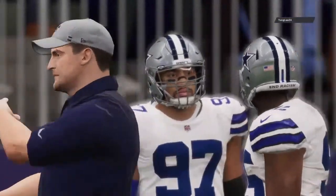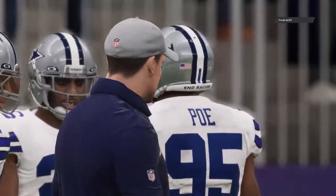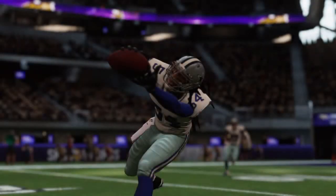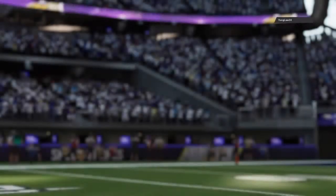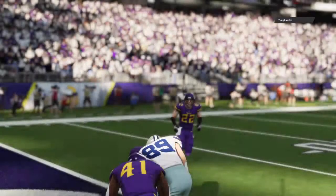So the final seconds have ticked away in this Minnesota victory, and they were buoyed, Charles, by a big second half that put this one on ice. So you get the sense that whatever was said at halftime obviously hit home. I think it's a little bit more than that, though. Obviously, there are words that are said, and, hey, come on, guys, we have to play better. But sometimes it's just